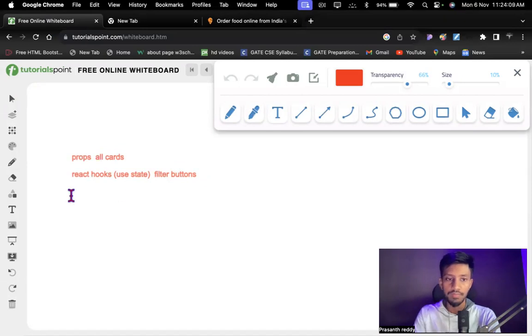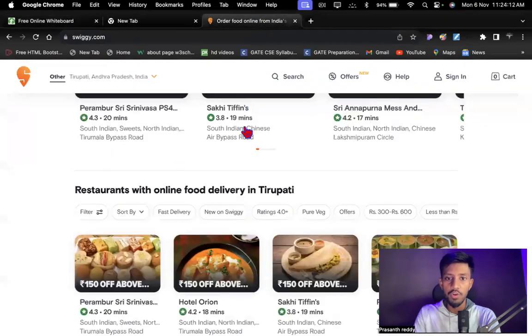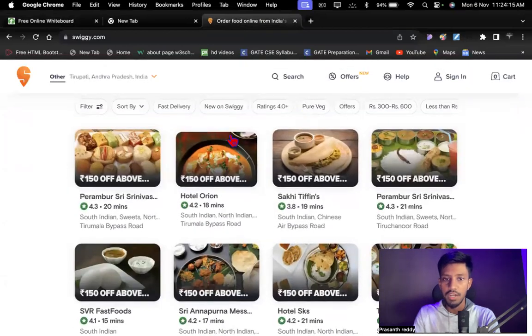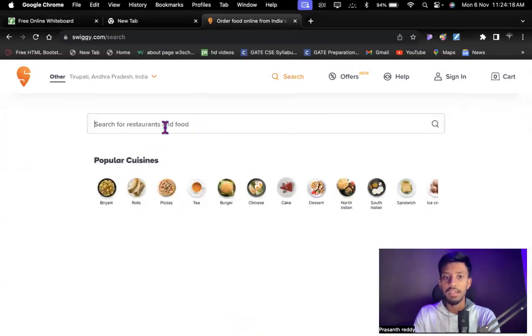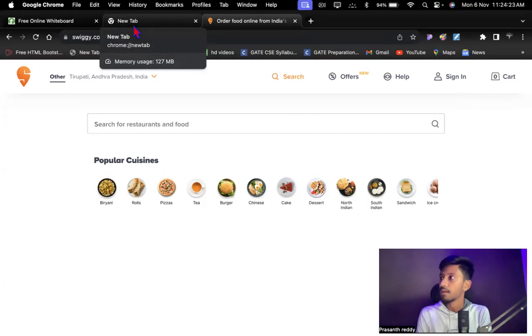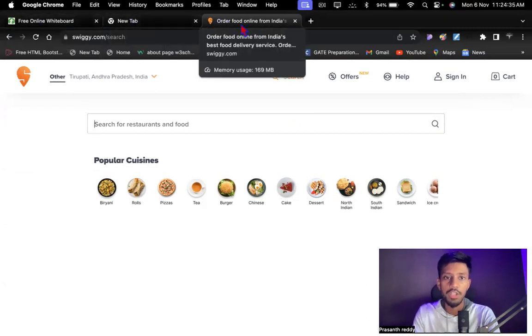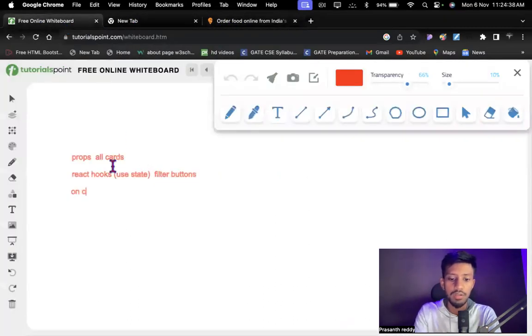Okay, now what is the third one? The third one is nothing but if we go here, see, we build this functionality, and let's go and build this search functionality. So this search functionality is basically done by, this is also the onChange function. See, we discussed that onChange. I'm not discussing the onChange inside JavaScript, but I will tell you what the onChange is over here. Okay, see, let's go and build the onChange over here. Let's write the onChange. Search functionality, onChange.